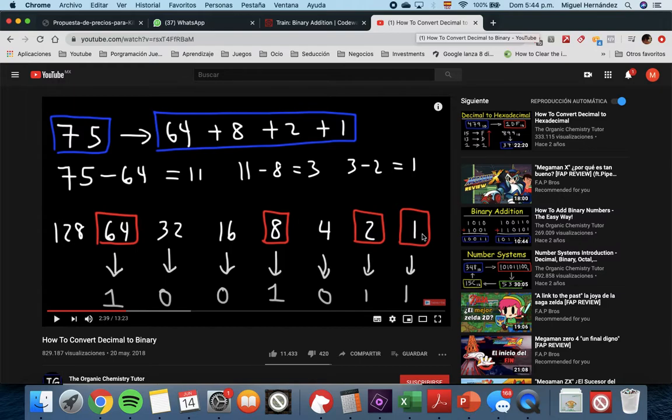This is important because we are going to use this algorithm in order to know how many digits we are going to have in our final binary number. For example, in the case of 75, we're going to have 1, 2, 3, 4, 5, 6, 7 digits. And that's important because that's what we're going to be using in our code. Okay,